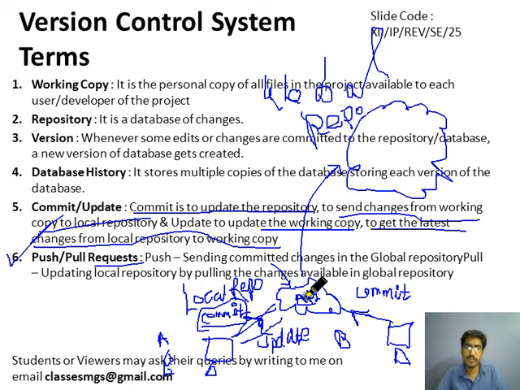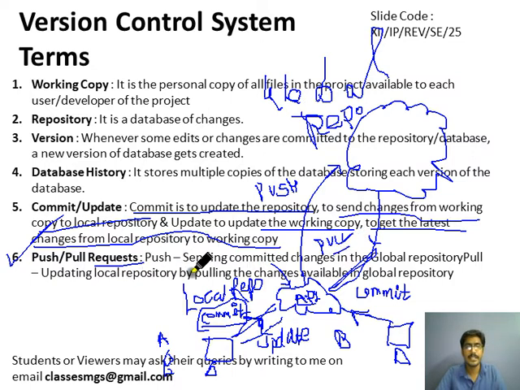If we want to send our changes from local repository to global repository, then this is known as push. We are pushing our changes from local repository to global repository, and if we want to get the latest changes from global repository to local repository, then this is known as pull.